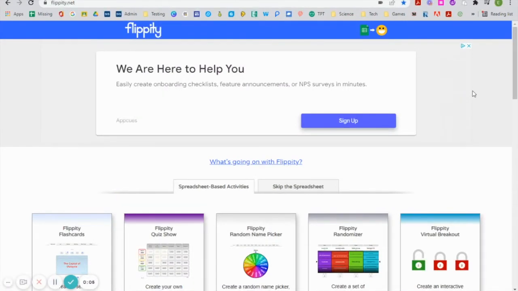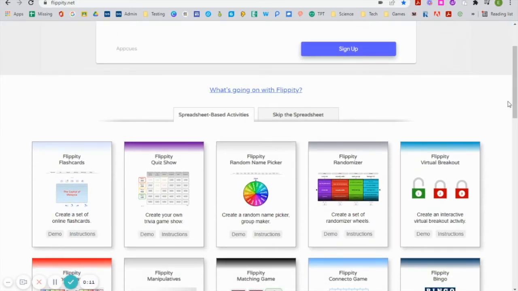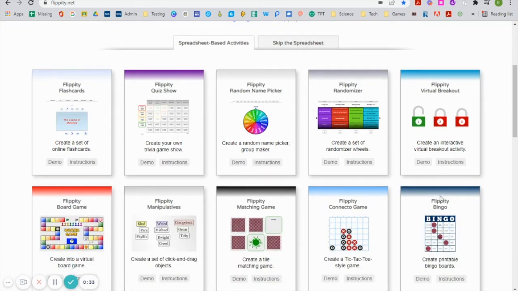Everyone, you may have heard of Flippity before. Flippity is an online website that has a multitude of different platforms for you to create different engaging activities for your kids, anywhere from the common everyday flashcards to a quick name picker for a game or a set of questioning you're doing. They have a virtual breakout room, but one of the newer ones that they've added is very trendy, which I thought was kind of neat, and I wanted to share it with you if you hadn't seen it already. And if you have heard of it before, you probably know exactly what I'm talking about.